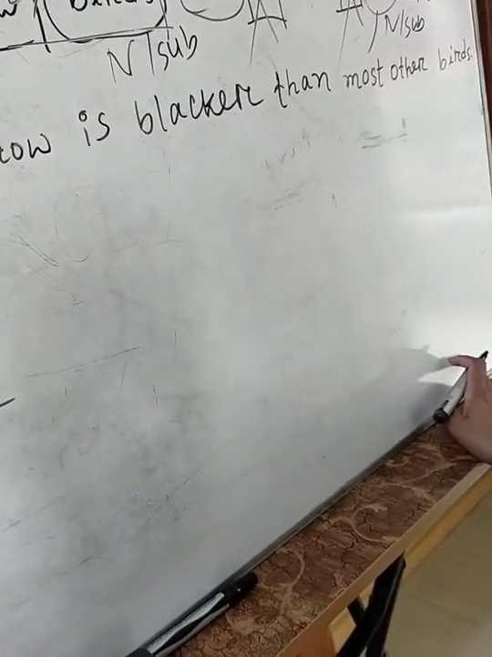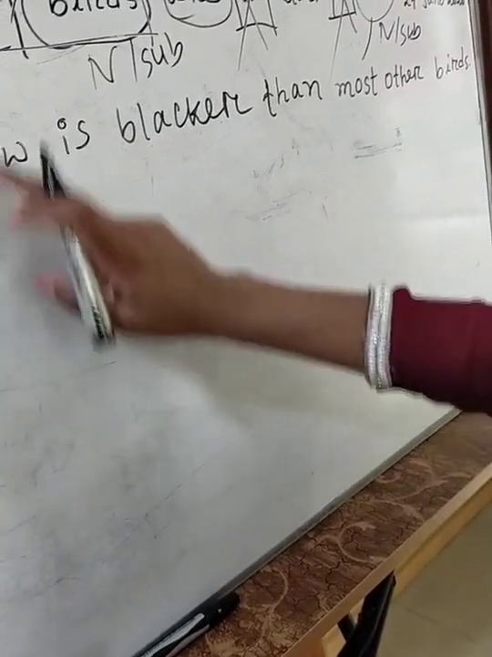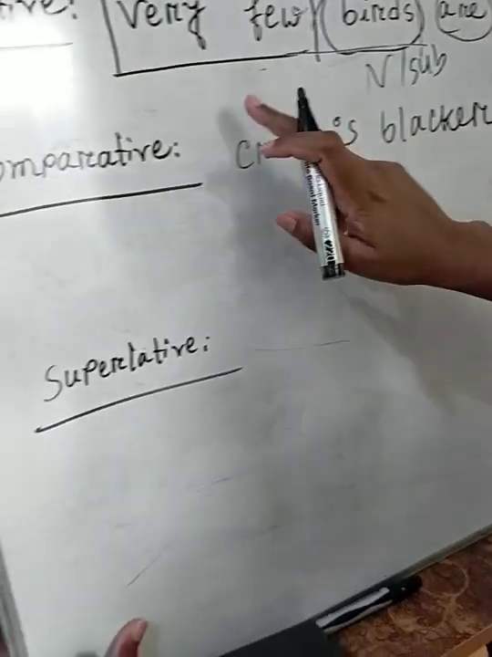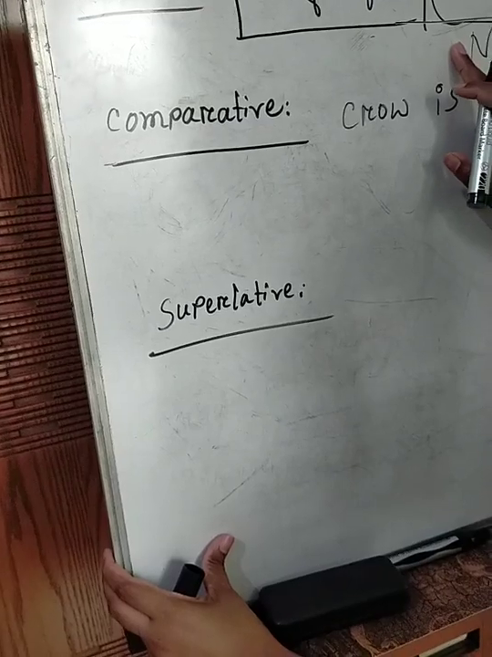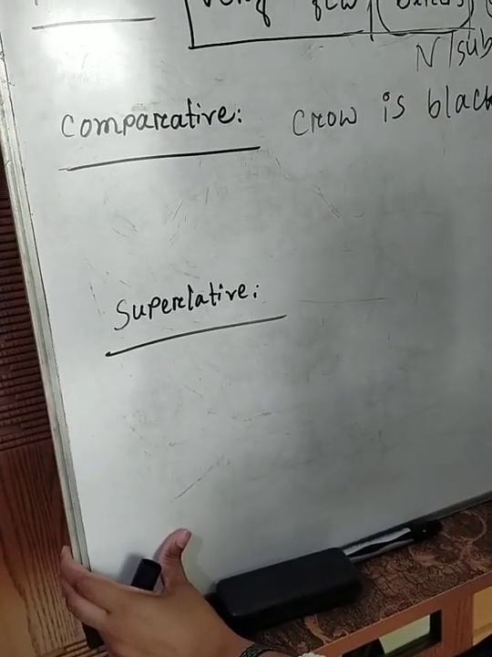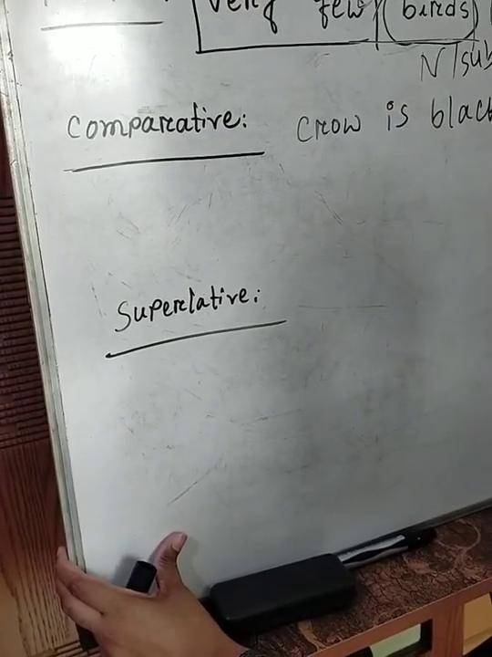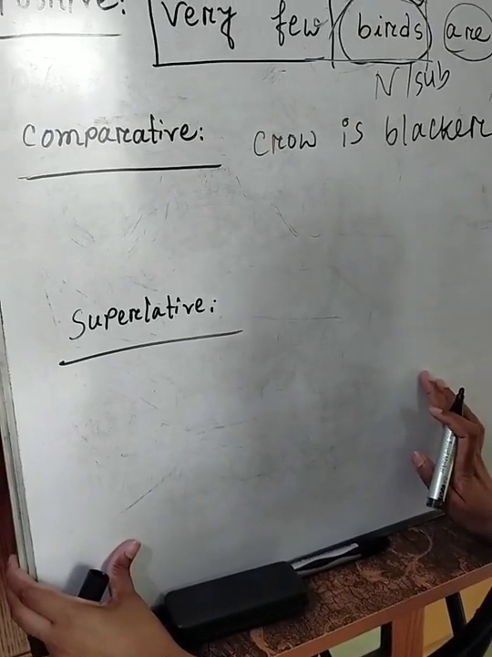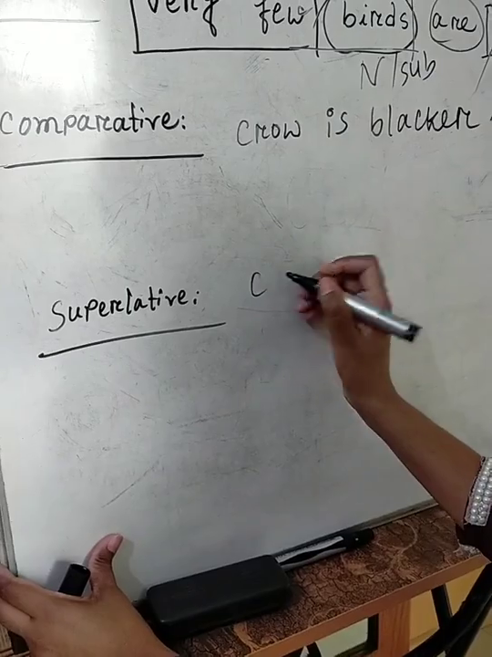So now students, how can I change these degrees into superlative degree? If I get very few in positive degree and most other in comparative degree, then how can I change it into superlative degree? First of all, I write here the